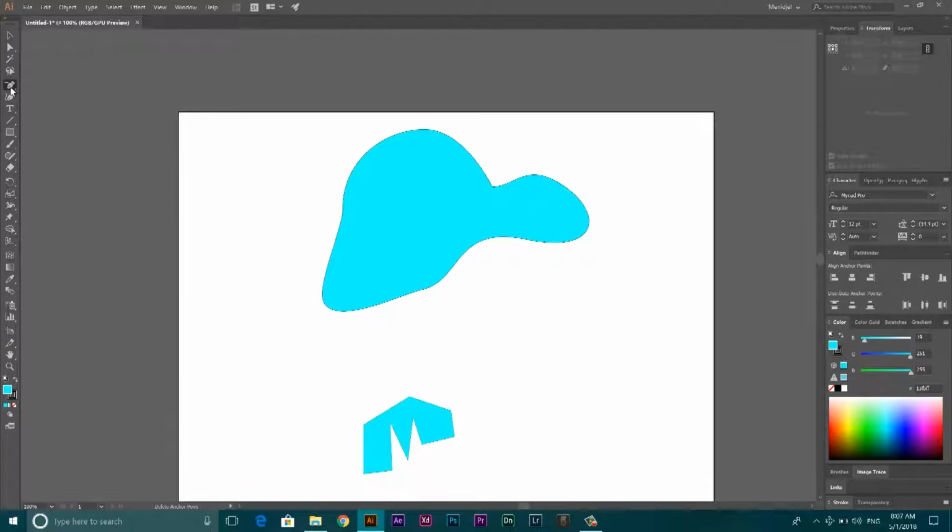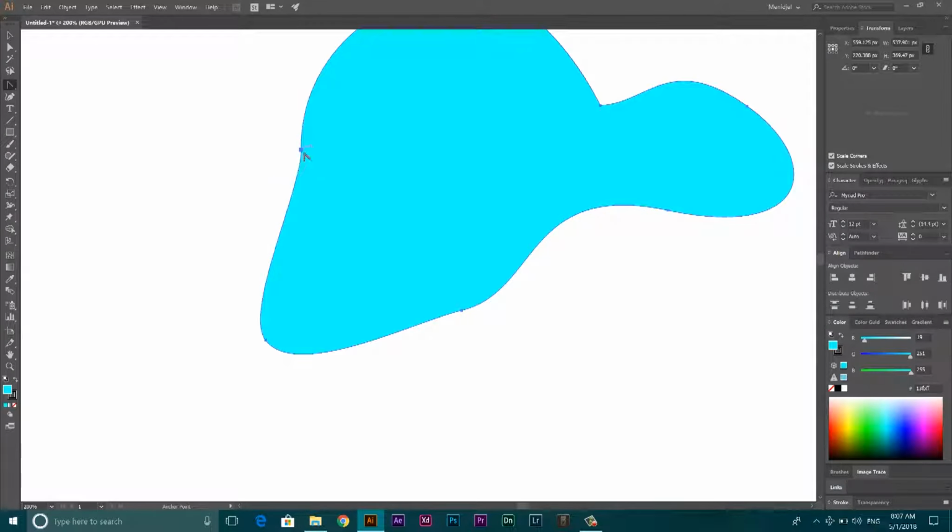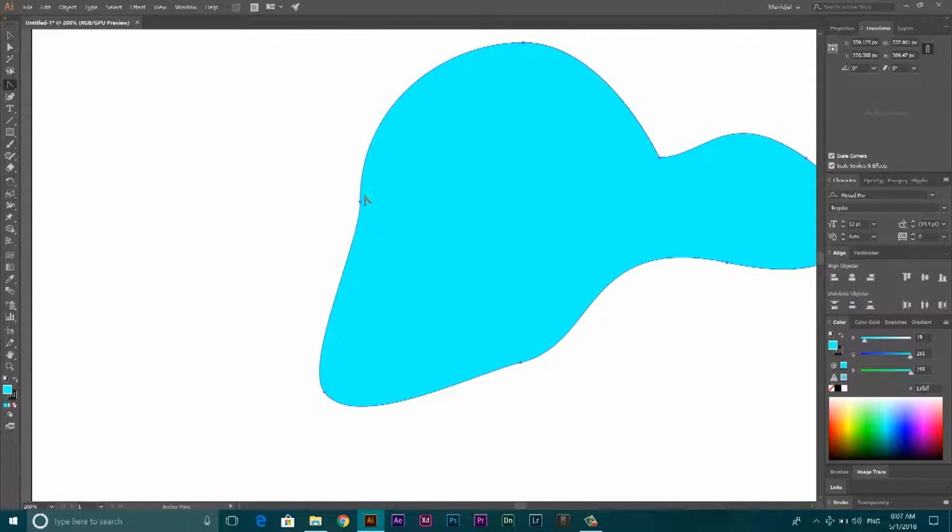Now we're going to move on to the next tool, the pen tool group, which is the anchor point tool, or Shift plus C. I have this weird shape here that I don't really like, so here's what to do. I click on it, then every Bezier curve here is lost. This is not what I wanted. I'm going to press Ctrl Z to get back, then I'll be controlling these Bezier curves